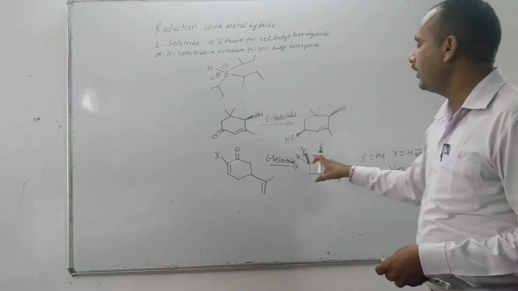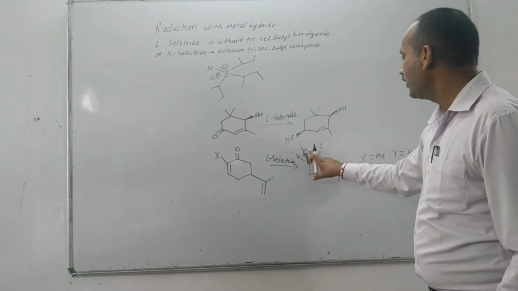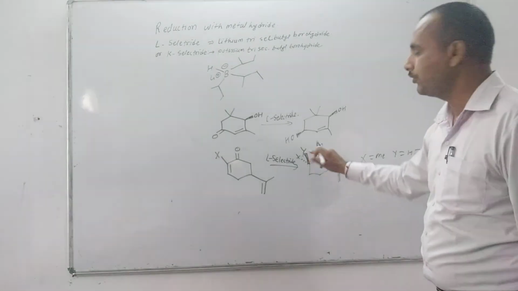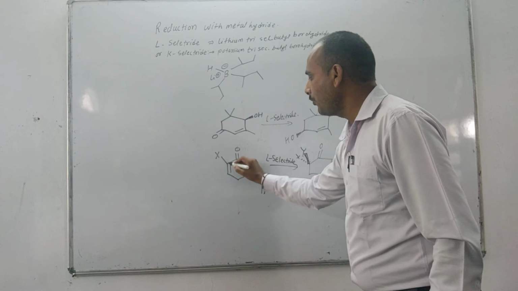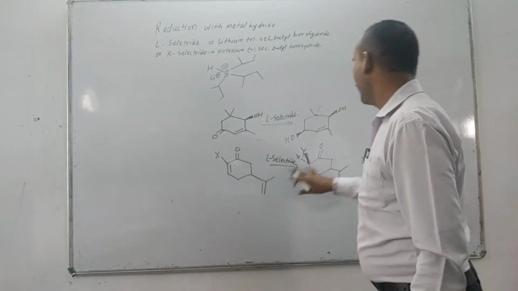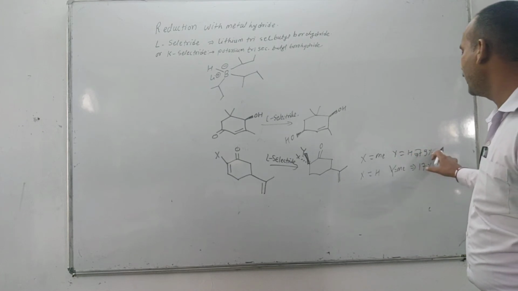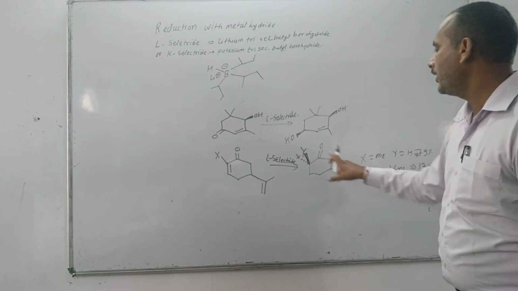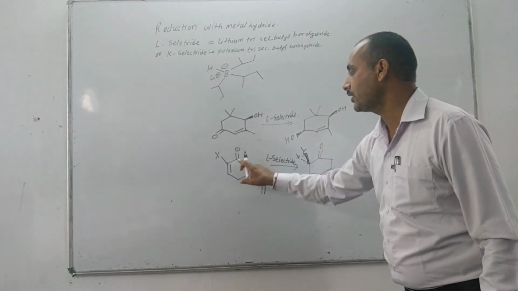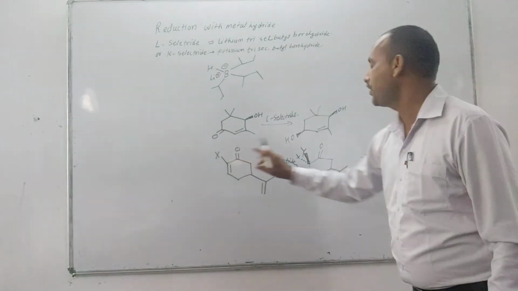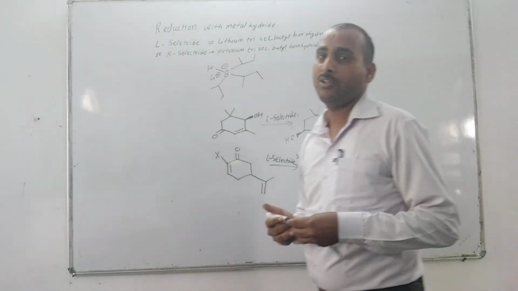And if X is equal to H and Y is equal to Me, then the product obtained is 17%. Means the sterically hindered product, if X is equal to Me, then there is hydride attack at this position. Hydride attacks here, there is double bond formation, O minus reversal, and protonation takes place at this position. The product obtained is 79% if X is equal to Me. But if X is equal to H, then there is hydride transfer, O minus reversal, then there is Me formation at this position, only 17% by methyl chloride.